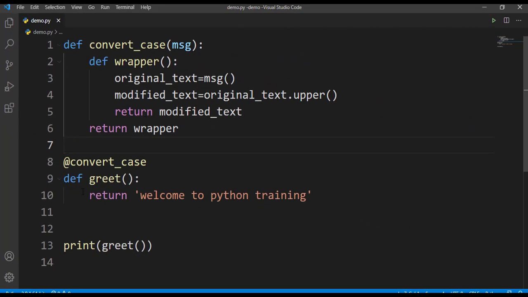Observe here, in the greet function, I am not changing anything. I am not adding code to change it to uppercase or lowercase. Simply, I am using a decorator function here to decorate this function, or to change the behavior of this function. That means the original function we are not touching. It is not getting modified even though I use this decorator function. So that is the beauty of decorator functions in Python.